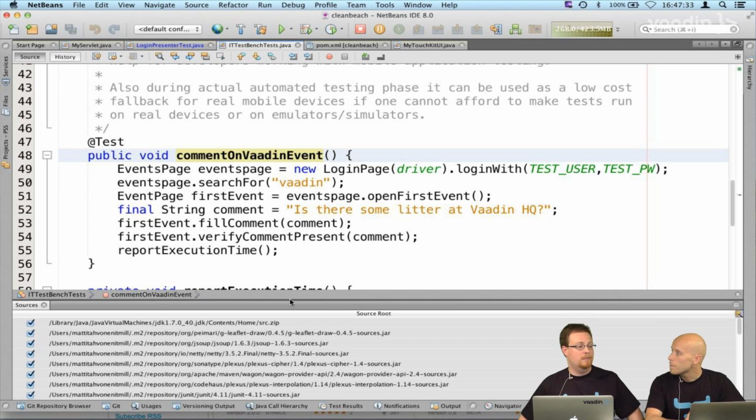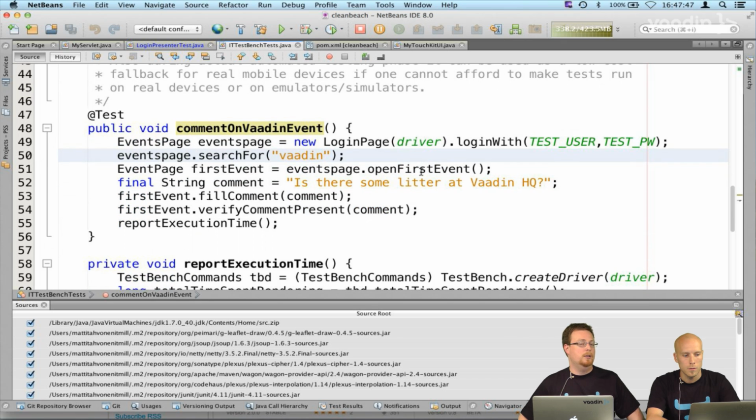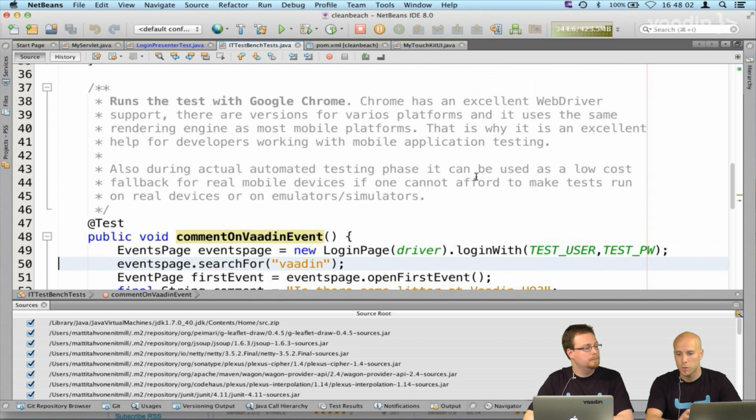We run tens of thousands of these tests internally for the Vaadin library. And many of our customer projects use this as well for regression testing, because in big projects you can't really afford not to do them, and TestBench is a really easy way to do it with Vaadin. TestBench is based on Selenium, or actually the newer Selenium WebDriver, and you can use any browser there.